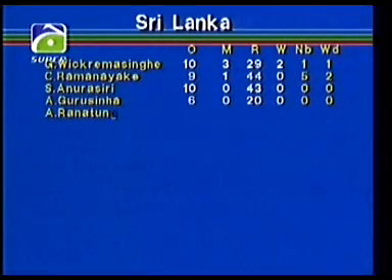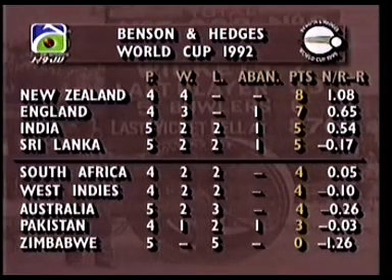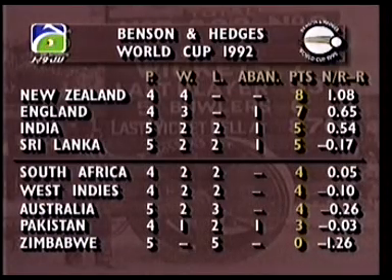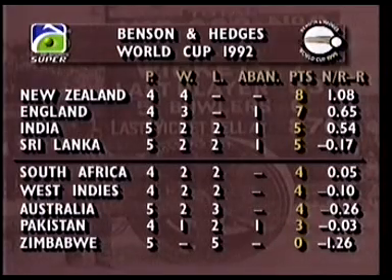And the bowling figures for the Sri Lankans, the outstanding bowler was Vic Ramasinghe, 10 overs, 2 maidens, 1 for 29. No one bowled better than he did at the Adelaide Oval today. And the other wicket taken by Kalpagee down the bottom there, 1 for 41 from 8 overs. And just a reminder of the way the points table stands at the moment. The top 4, New Zealand 8, England 7, India and Sri Lanka each have played 5 games now. The top 2 have a game in hand of them. 5 points each to India and Sri Lanka. And down in the bottom half, South Africa on 4, West Indies 4, Australia 4, Pakistan 3, and Zimbabwe none.